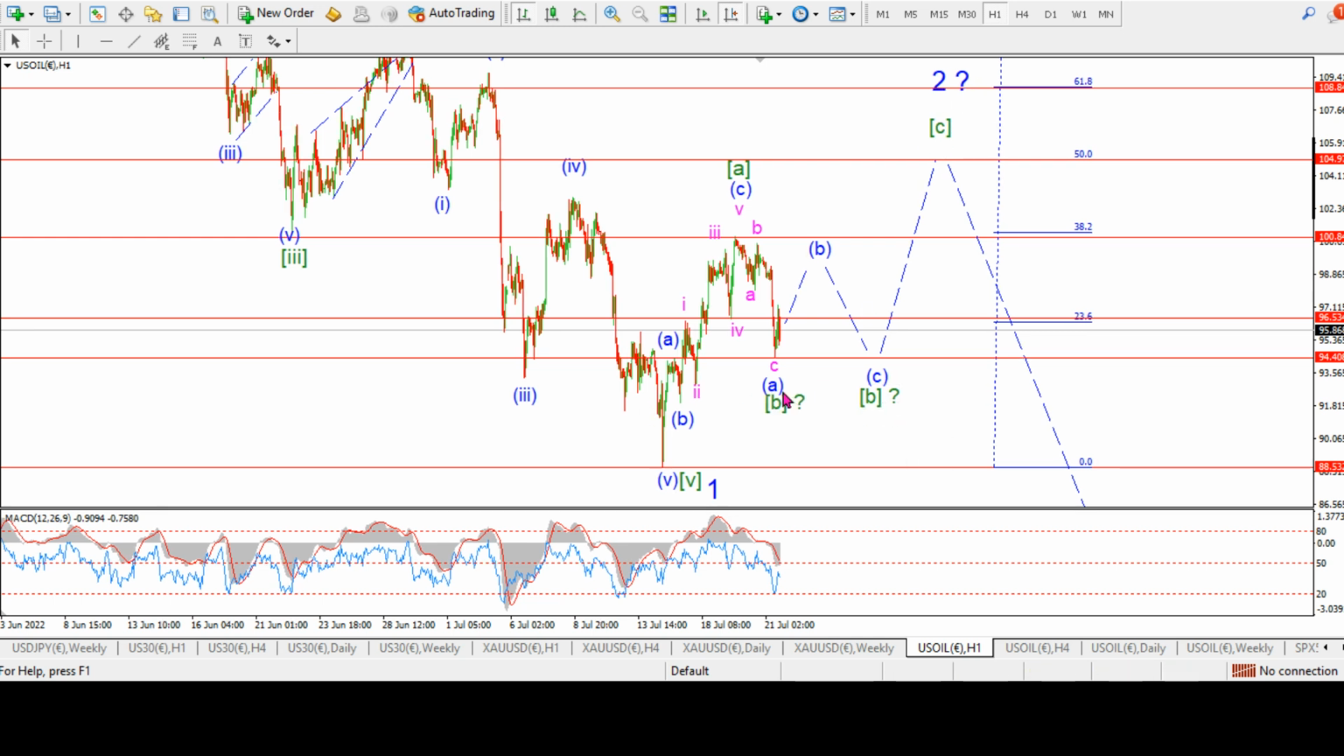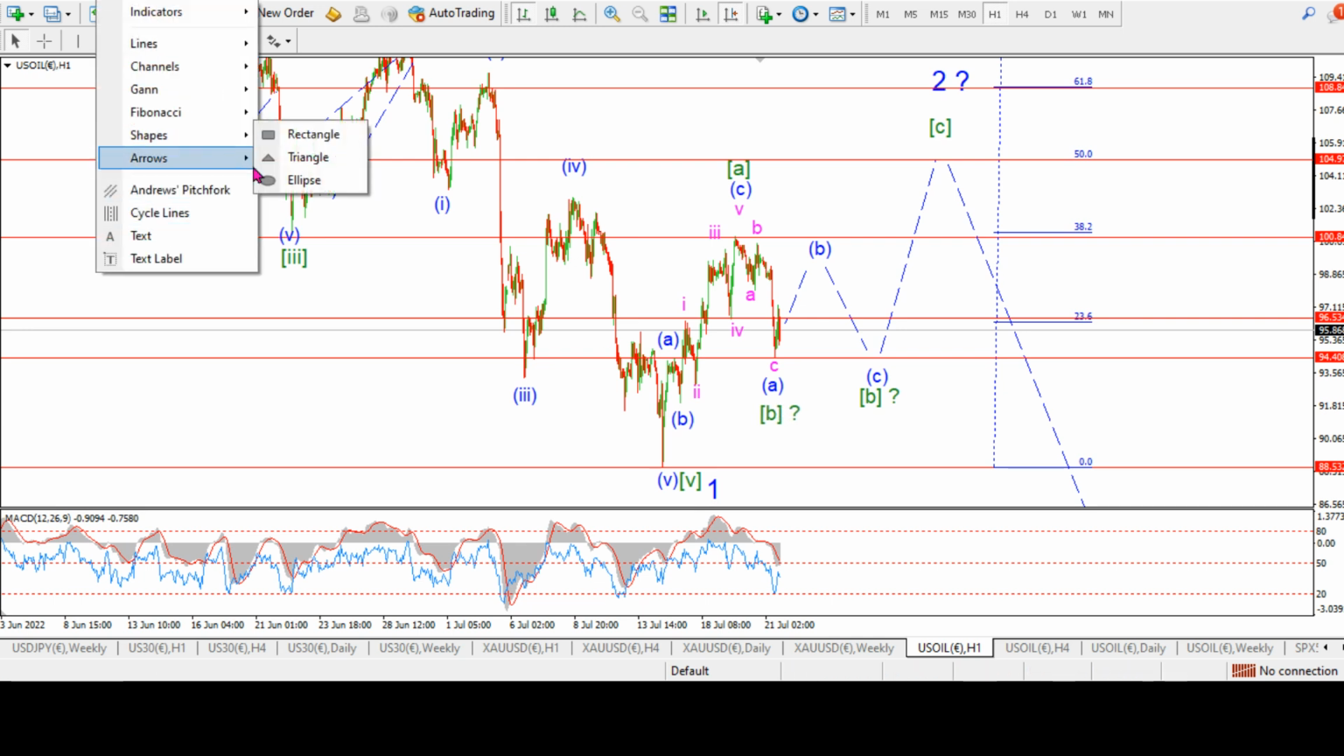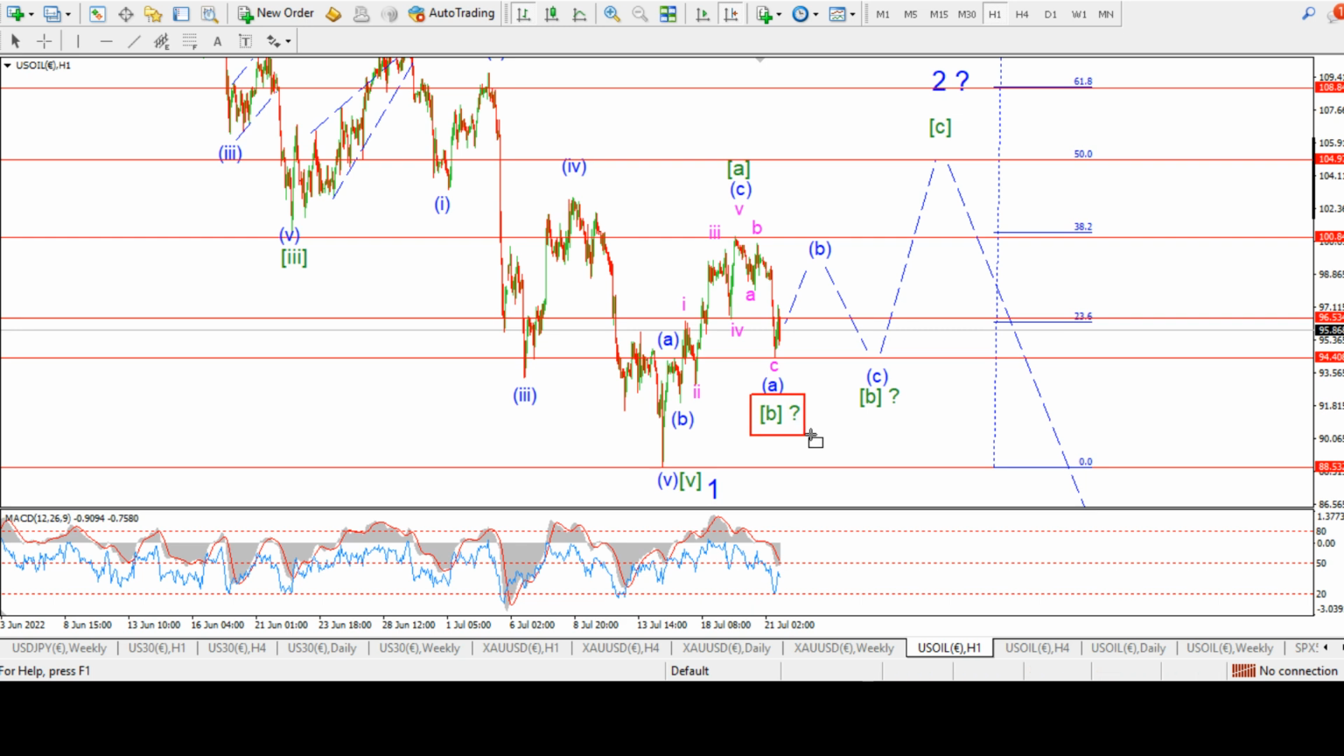While on the alternate side, we could say that maybe wave B is already complete, and we're going to rally now in wave C. If that's the case, then we head towards 50%. We head towards about 105, and once 105 comes in, then I would look for a top in wave C, and then a reversal down into wave 3. So